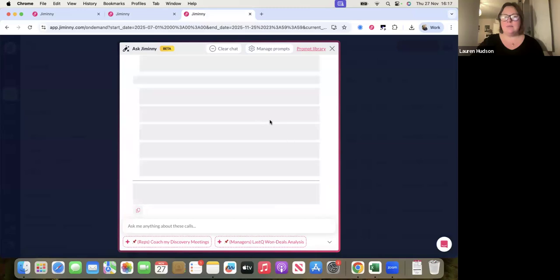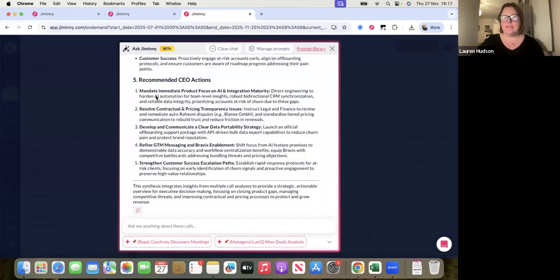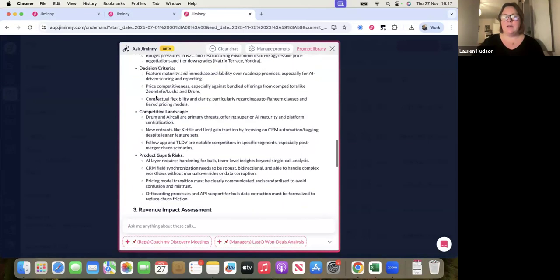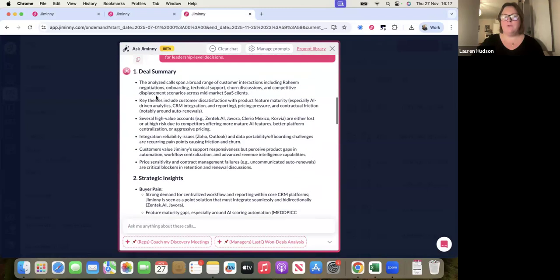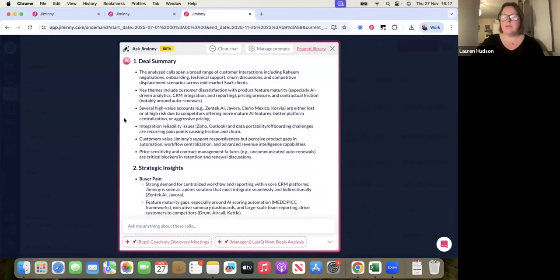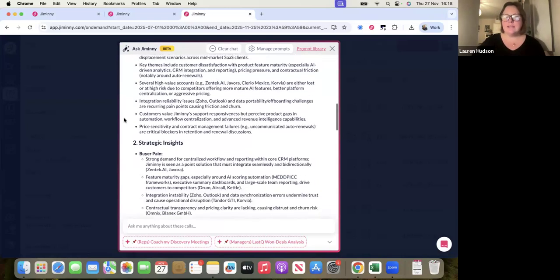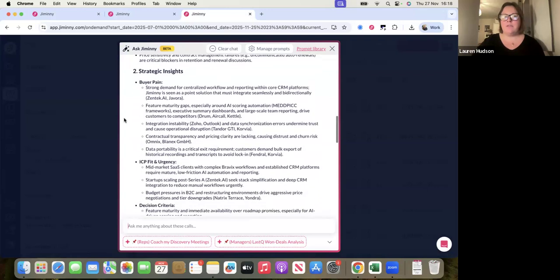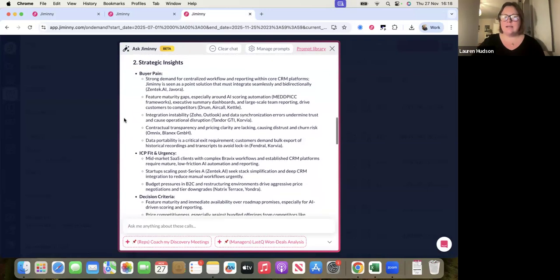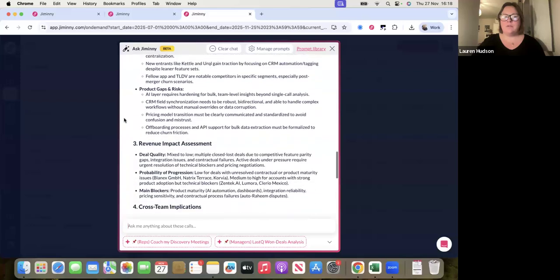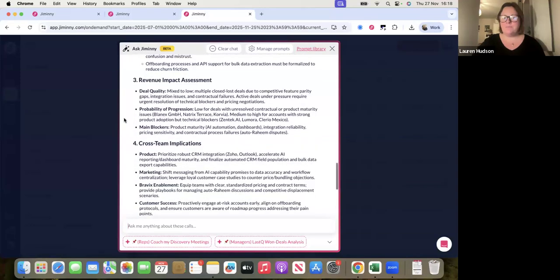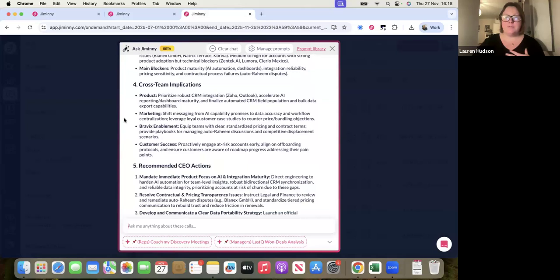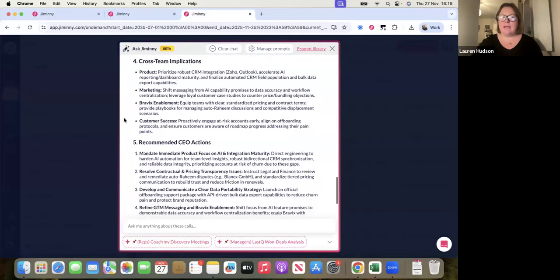At the top, we've also got a nice deal summary, as always, just a very clear outline of the key themes, key indicators. Go down a little bit further, we've got strategic insights. We've also got revenue impact assessment. The key elements I'm going to focus on are the cross-team implications and the recommended CEO actions.